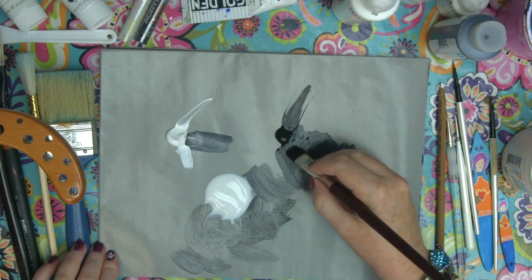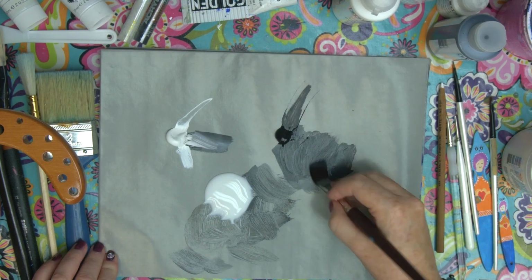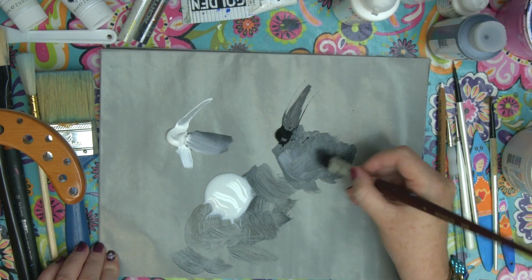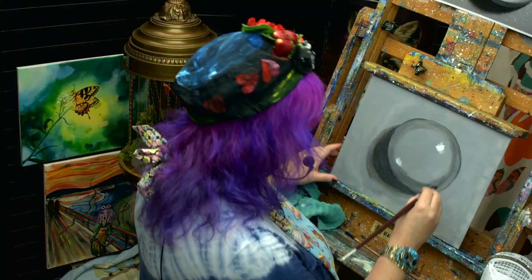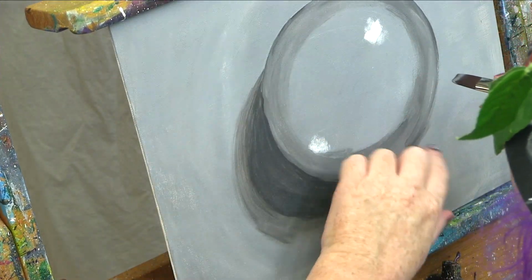Step 4, I'll now add the shadow to the back of our water droplet. It's important that you remember that the surface underneath the water droplet will be showing through. This gray needs to be darker than your first value you put around your drop, but not as dark as your darkest shadow. This shadow will come from where this shadow ends here